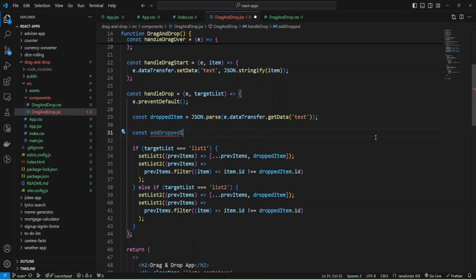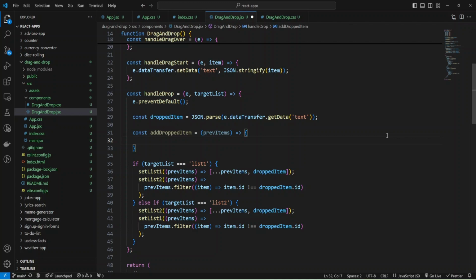and add droppedItem. It will be an arrow function, and I'm going to use prevItems and return some code, and I'm going to use the variable isItemPresentInArray.